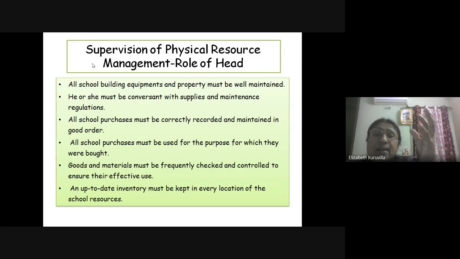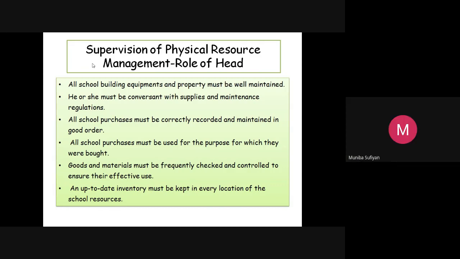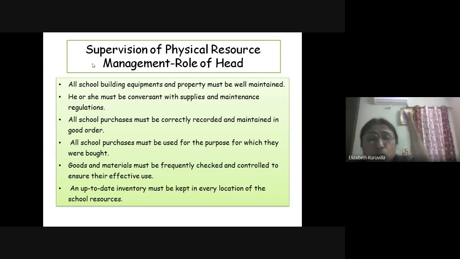What is important in the first case is that all school building, equipment and property must be well maintained. But when we look at our real context, the school building which was constructed years ago is going on the same way.